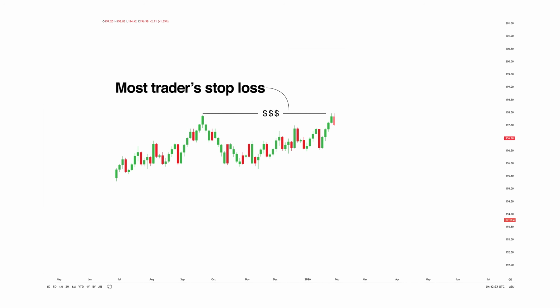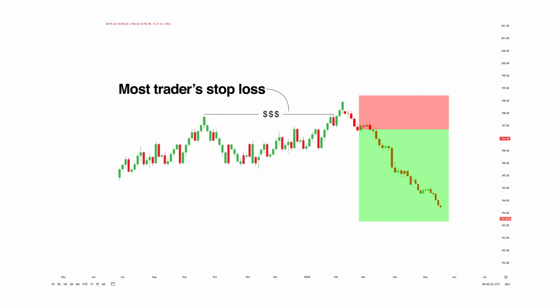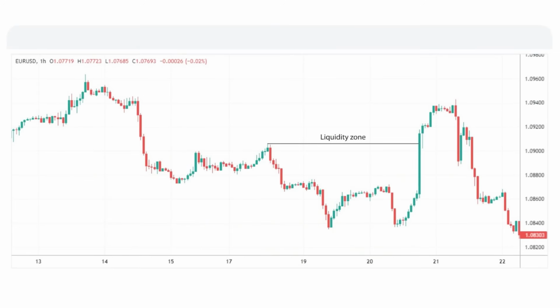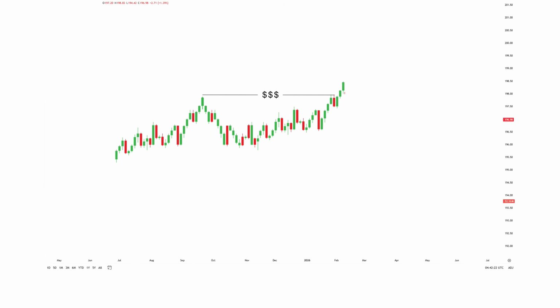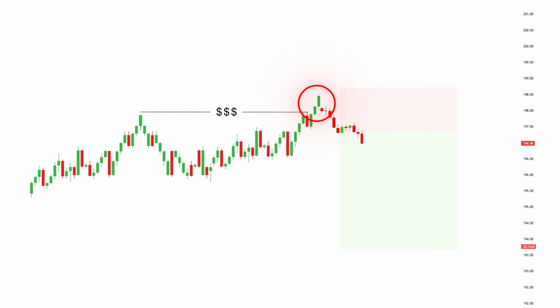Liquidity sweeps are the most powerful way to trade the market, and yet 99% of traders who try fail. The reason is because there are hundreds of different liquidity sweeps that happen every day, but most of them don't work. It's only when you truly understand which one does that they become unstoppable. It took me years to figure out which ones work and why, and today I'm going to share that exact